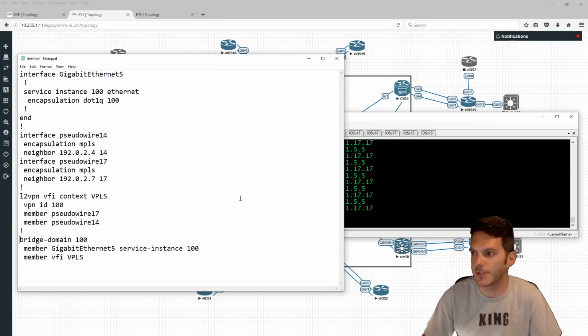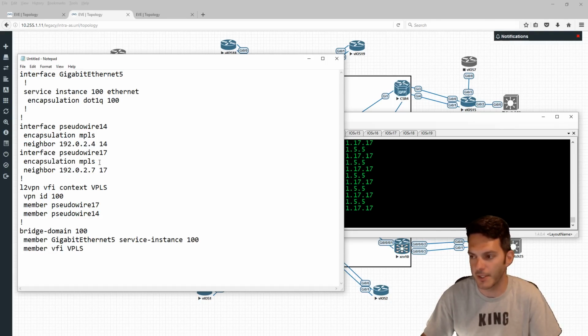There. This is the syntax in its entirety that needs to be applied. So we have the service instance that we configure underneath the interface. We specify the encapsulation. Then we need to specify the pseudowire interfaces that need to be defined. And then you have the VPLS configuration that calls the pseudo wires. And then fourth, you have the bridge domain that calls the pseudo wire, or the VFI, and the attachment circuit